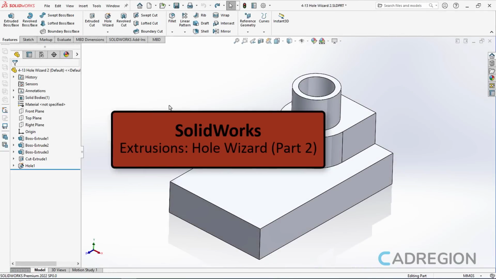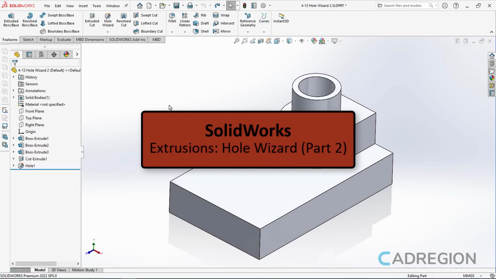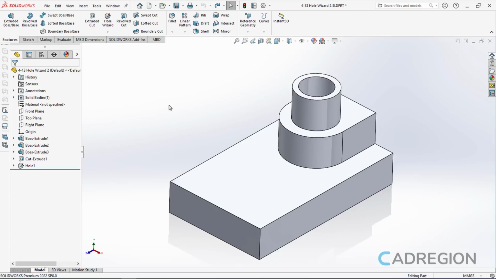In this lesson, I will create 4 countersink holes in the object of the open document. Before I create those holes, I need to place the appropriate points to define their position. To do that, I can either create a sketch in advance or place the points while the hole wizard tool is active. So I will go with the latter and I will activate the hole wizard tool from the Features